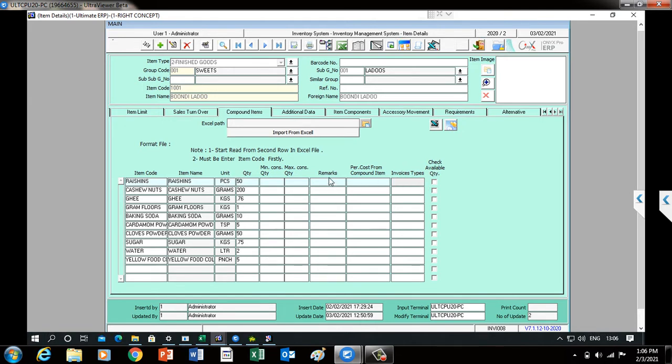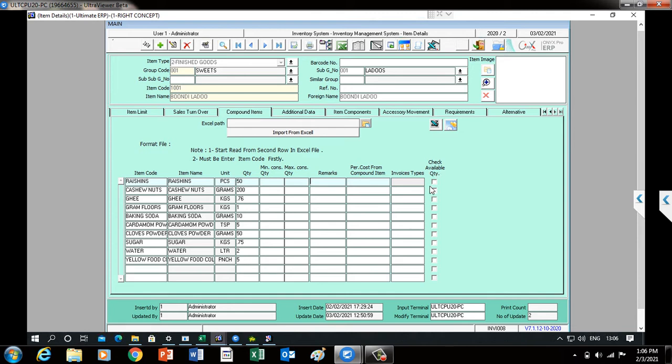The admin can also write some remarks for the users, like which raisins, how many raisins, which brand of cashew nuts or ghee, and any instructions. There is also an option to check the available quantity.